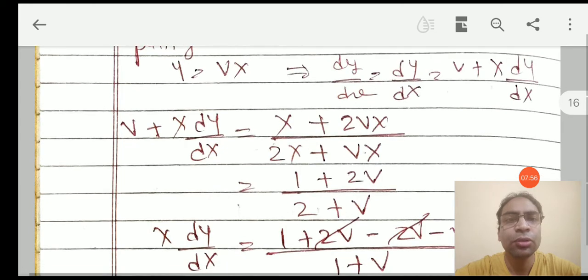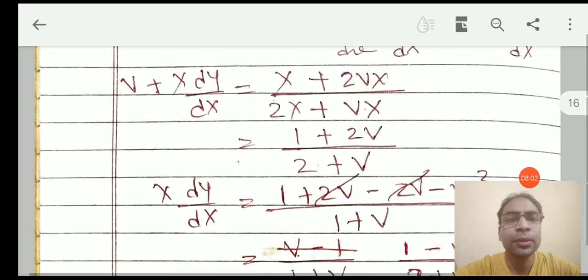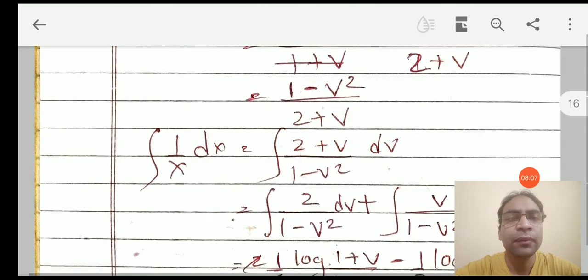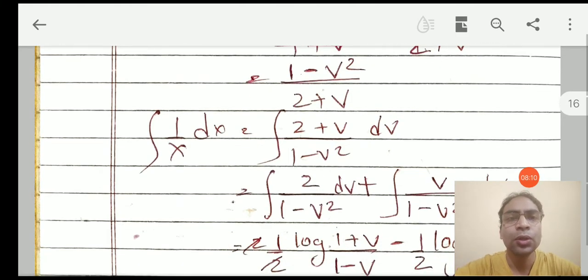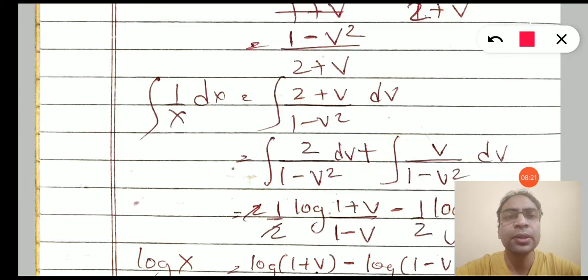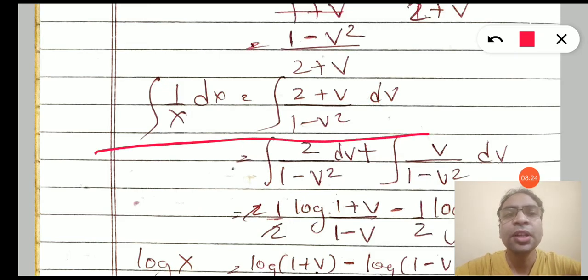It's a simple calculation. You have to substitute and you have to separate the v and x terms together, so we can convert this into variable separable form. If you want to know how to solve variable separable equations, you can go to the previous lecture in the same series on ordinary differential equations, based on variable separable form. So here we have converted this homogeneous equation into the variable separable form, where the variable x is with dx and all the variable terms of v are with dv. So now we need to integrate them directly.